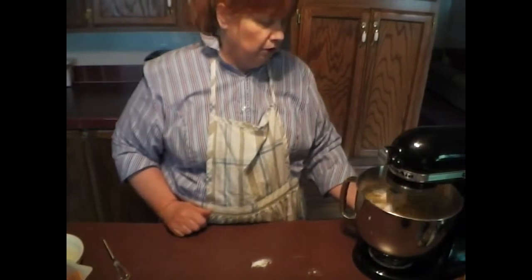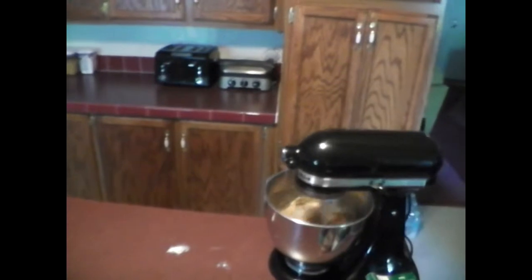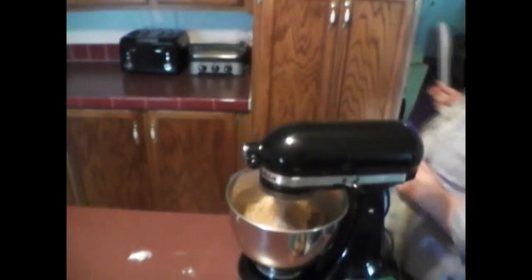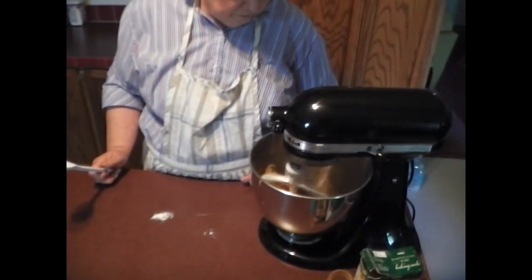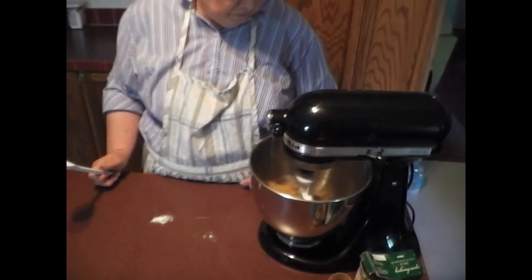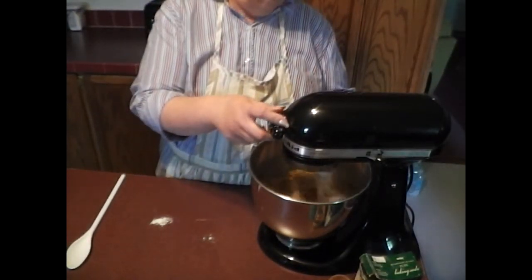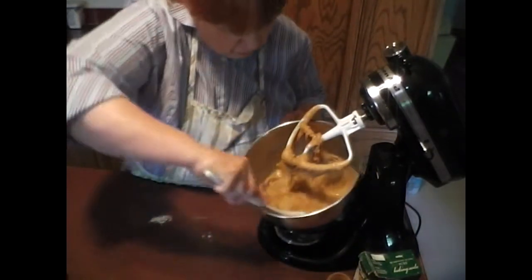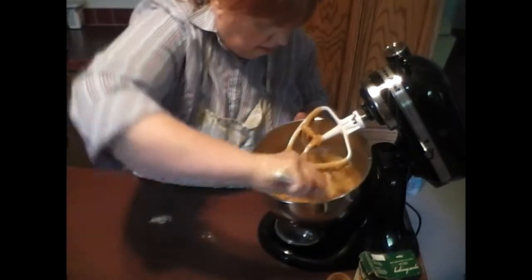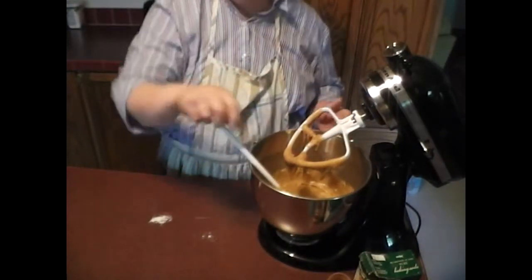Start slow on your mixer so it doesn't splatter. You can see that looks really thick, and it is. You want to scrape the bottom of that and make sure we got all that flour mixture off the bottom. What's going to happen here though, when you add the carrots,